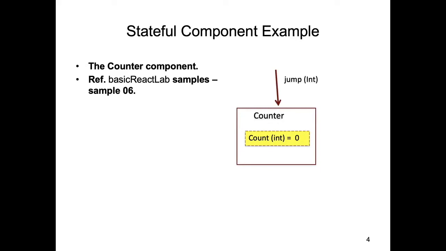The idea is that the component is going to have a button, and every time the user clicks the button, we're going to change the value of count by the value of jump. In other words, we're incrementing the counter value. And every time we change the counter value, we know now that the component is going to re-render. Now, the code for this is actually part of the basic React Lab zip that I gave you in the previous lecture. So if we go back to that,